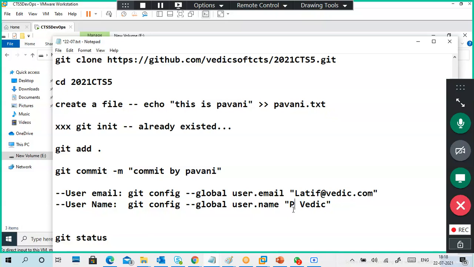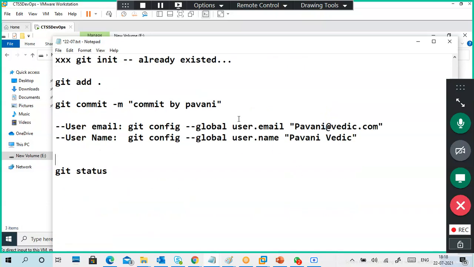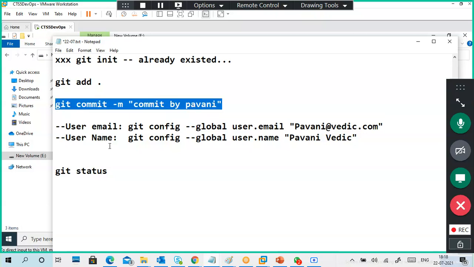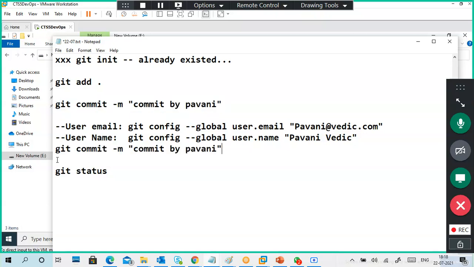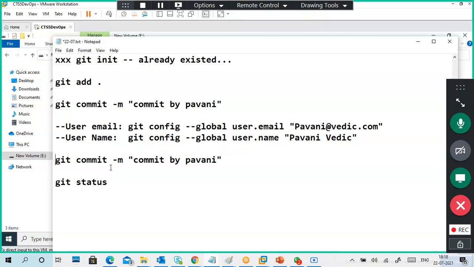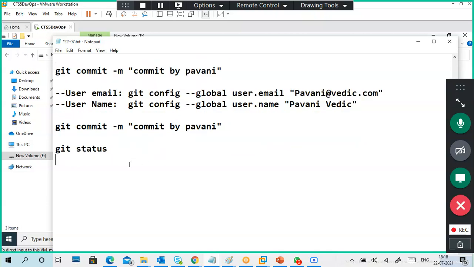A previous batch, it's a common another name, anything you can put. And for the first time you are doing this, compulsory it will ask this, so you have to give it again. Check the git status.